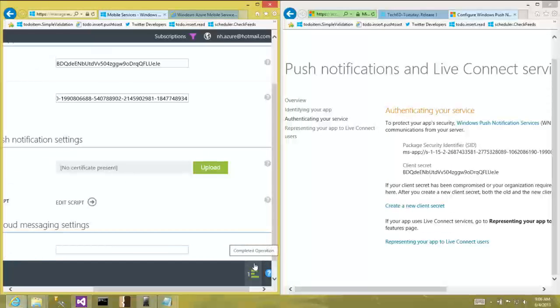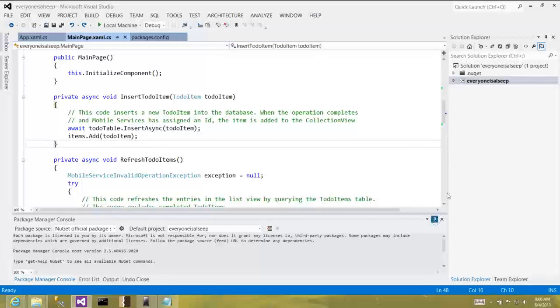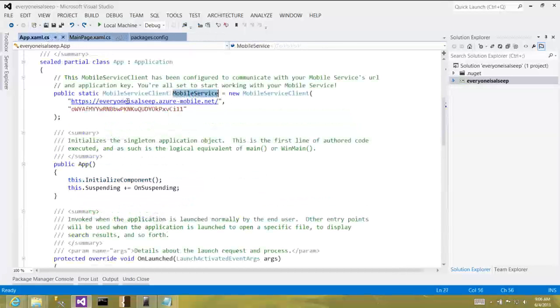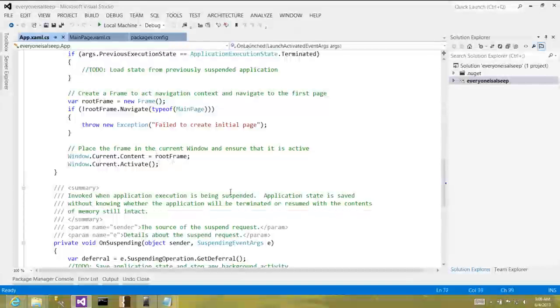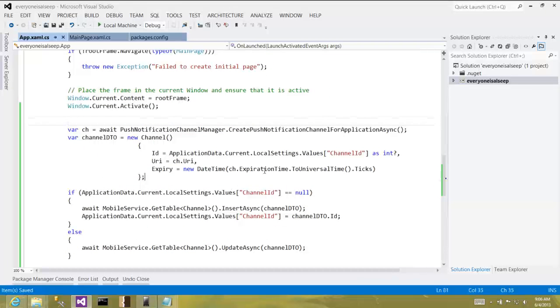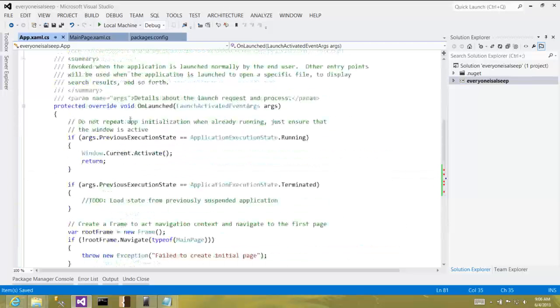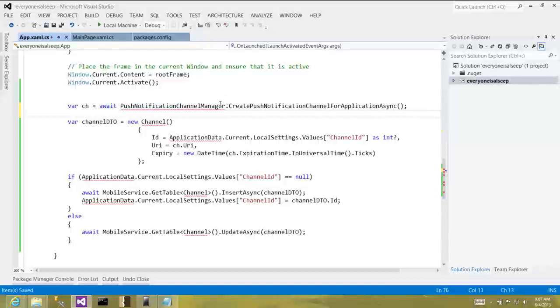So let's get started with the first step now, which was essentially to request a channel. So we can do that on our client application here. I'm going to drop it in the app.xaml.cs. I've prepared some snippets to speed this up a little bit. So let's say request channel. And we'll walk through this code. So let me resolve the references here first. We've got async operations. So the first statement here is really to request that channel. So that was the first line we saw with our app calling into the client push notification